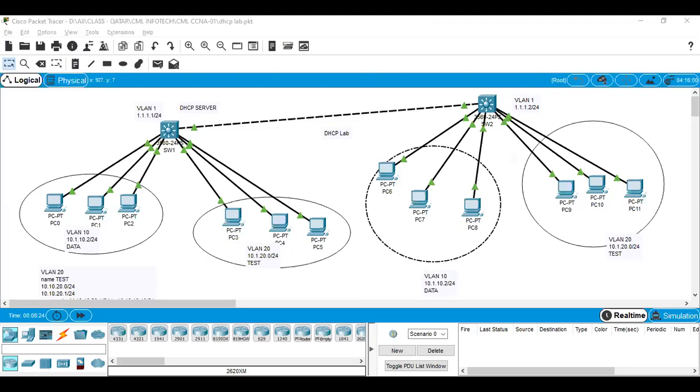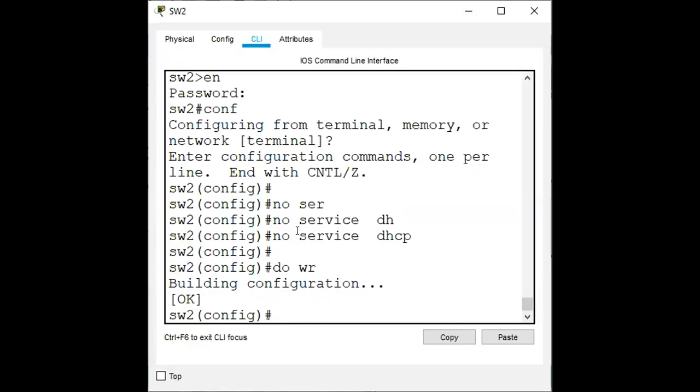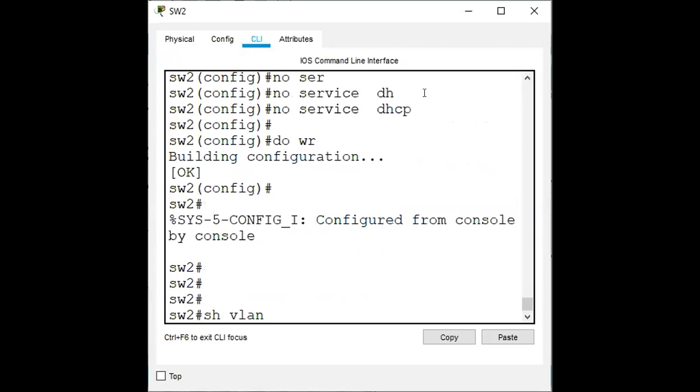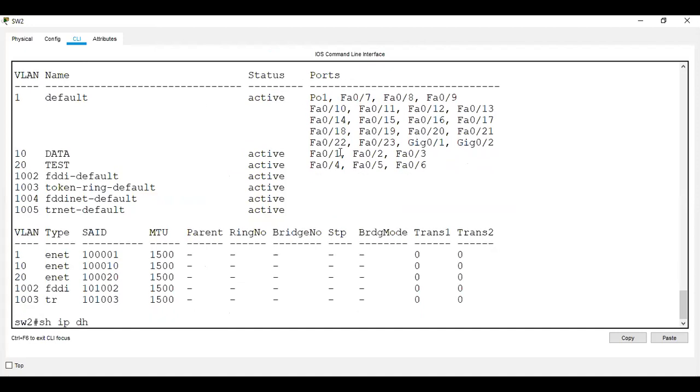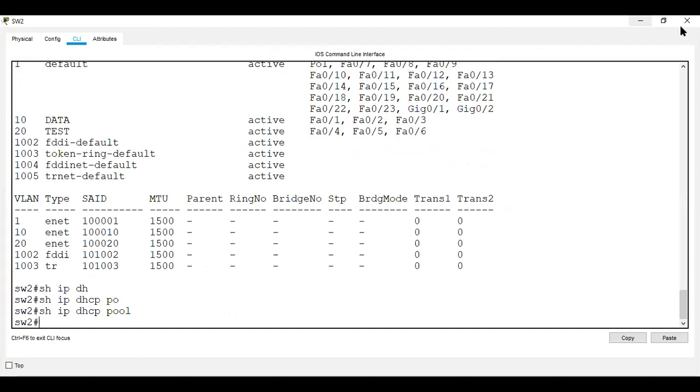On switch 2, you can see show VLAN. You can see ports 1, 2, 3 again with VLAN 10, which means my system PC6 is in VLAN 10 on port 1, and I do not have any DHCP on the second switch.